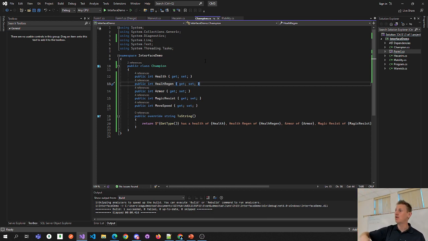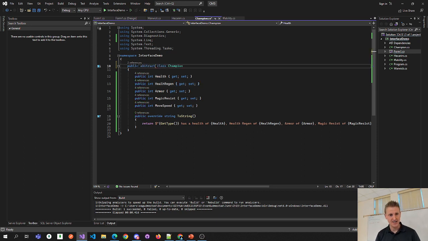The lower you get, the more specific. You can go so high in the inheritance tree that it becomes unrealistic to actually create objects from this thing. And so you can mark your classes as abstract